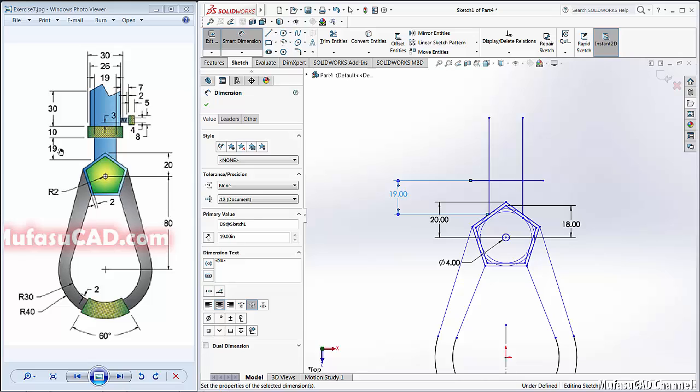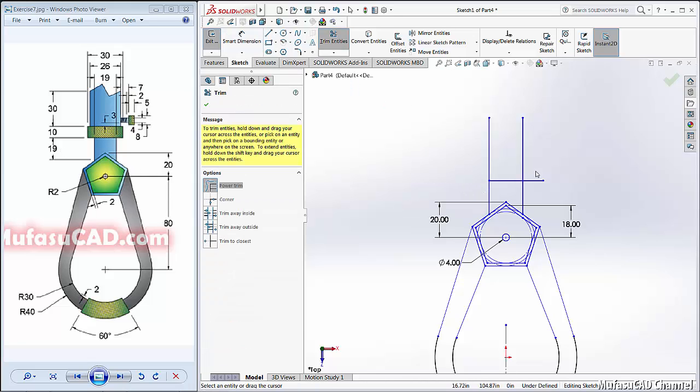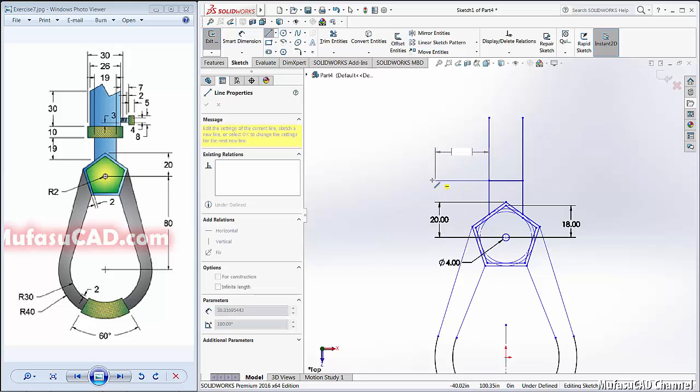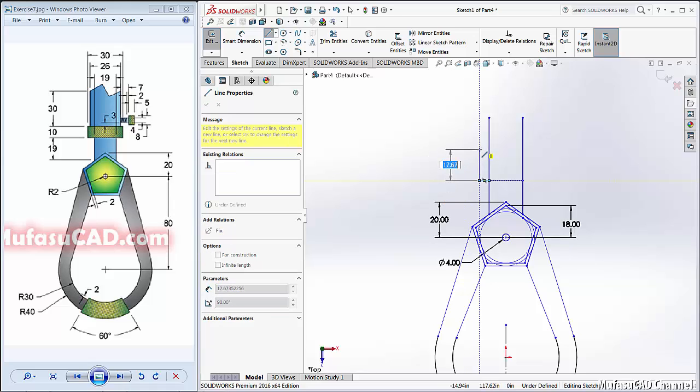Okay, and trim this line, then give here line I will draw with length about 5.5. Okay, to the top about 10.